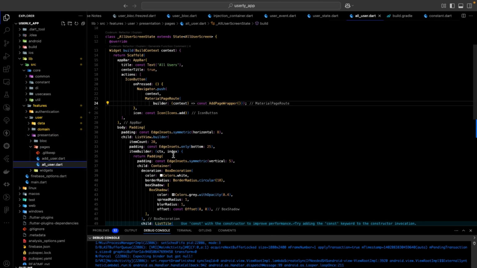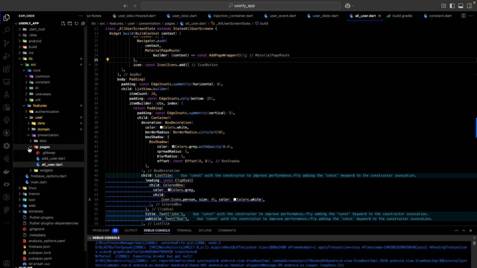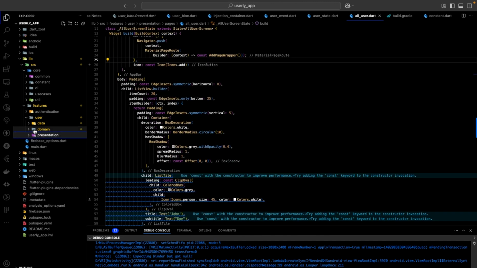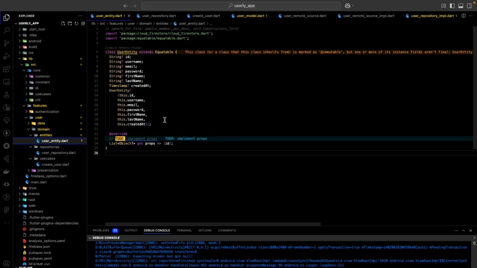we've done the UI. I've saved all of us the trouble and time of doing the UI part. So what we're going to do, we're always going to start in the domain layer. Whenever we need to add any other functionalities or requirements, we go right from the domain layer. This is where we're going to add the interface for all those necessary features. Okay, so for the user entity, we're almost done,